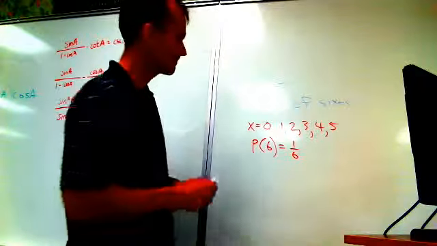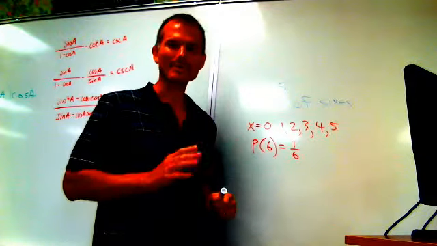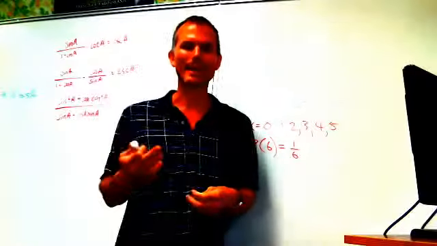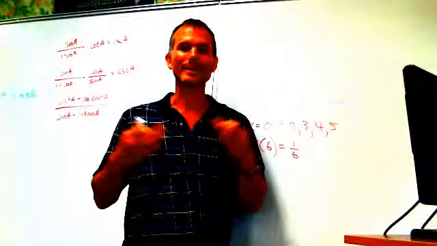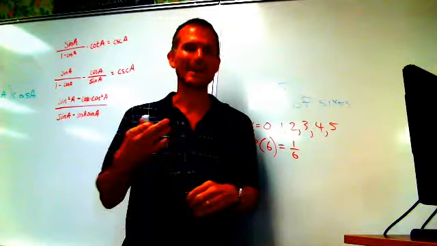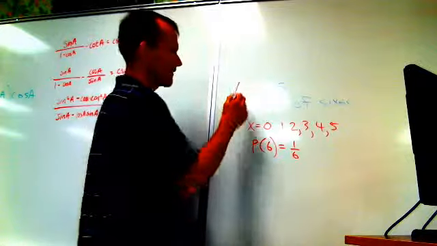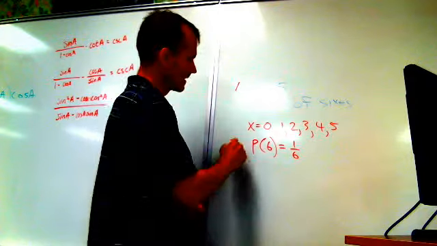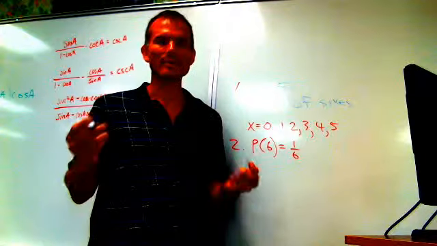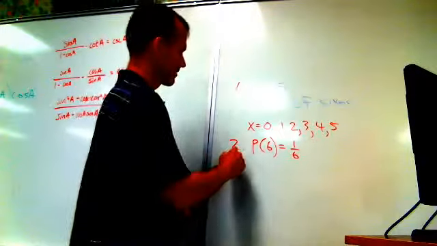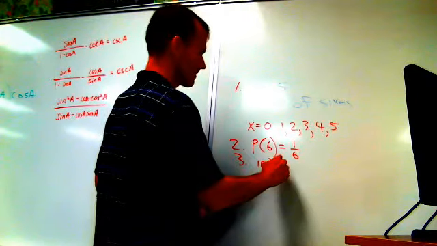Now, here's another thing. Successive trials here are independent. What happens on any one trial does not affect the probability of rolling a 6 or any other number on the next trial. So successive trials are independent. So I have a fixed number of trials. I have an equal probability of success on each of the trials. 3, successive trials are independent. I'm just going to write